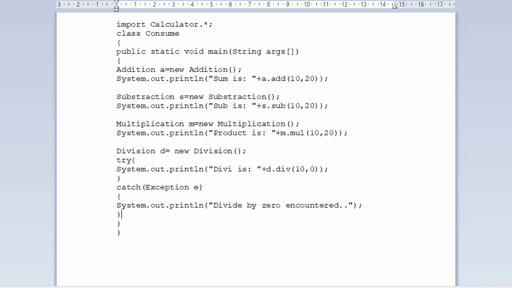I'm not saying the same calculator application, but a similar kind of question might be asked, right? During examination, don't go with inner folders and all. You just create one folder, a package. Out of that package, you consume whatever contents are there with respect to the package. No questions with respect to this?